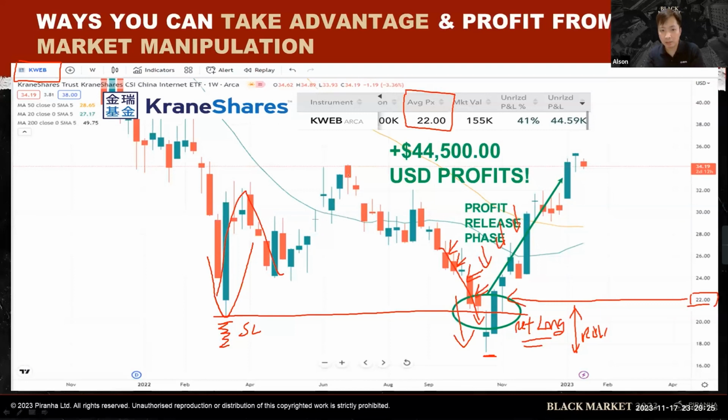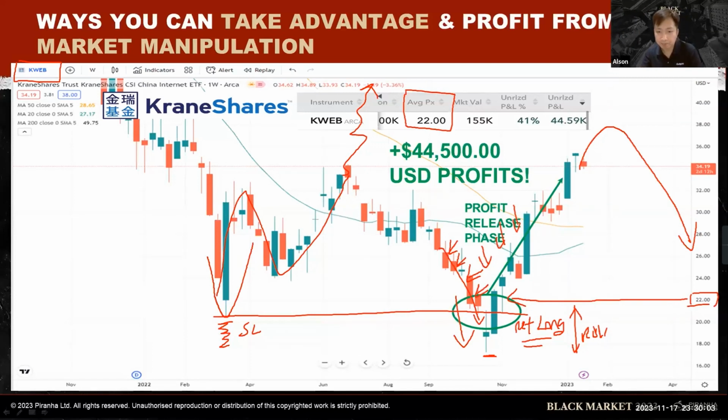Those traders who are long thought that the Chinese market was going to recover all the way up. But the market maker used the bad news as an excuse to take out all the stop losses being placed and to load up his long positions. And the moment the market maker goes up, a lot of retailers FOMO in, and that's where he exits to the retailers. Market maker buys low and sells high. That's why you see after that KWeb actually came down, because that's where retailers FOMO. He exited, and until then now he's looking to do another round.